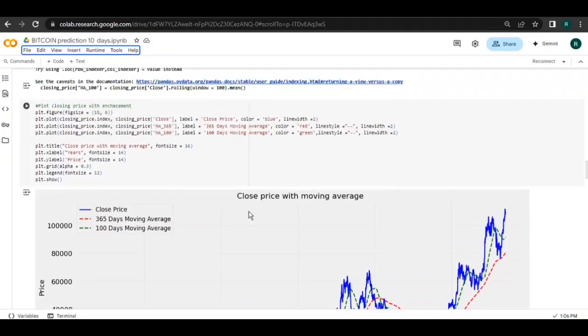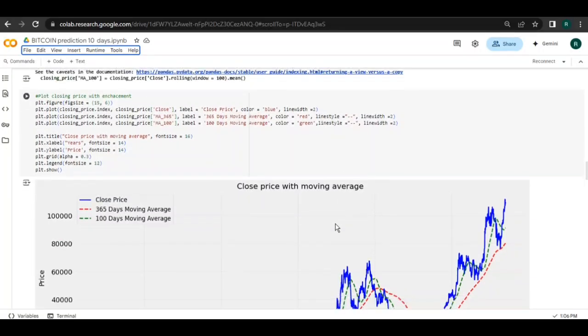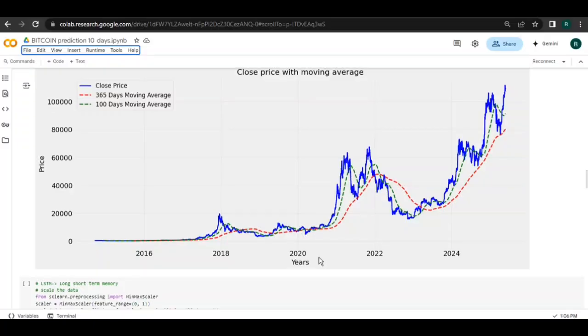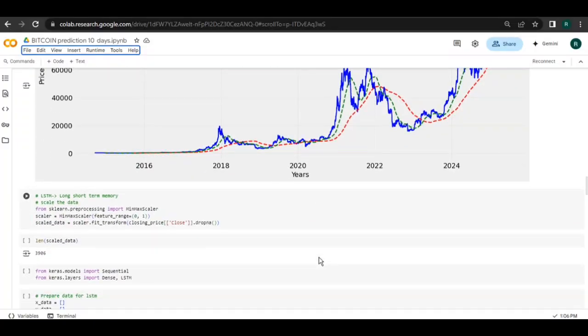See, this is the plot for moving average. This is the data. The blue line is the actual data. The green is the moving average for the past 100 days, and the 365 days moving average is a lot smoother, as you can see. And then we'll be using the LSTM model, long short-term memory, for predicting the prices,